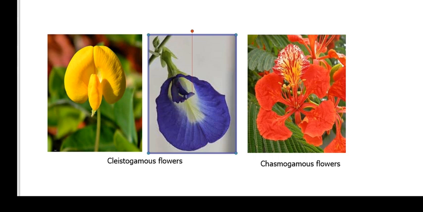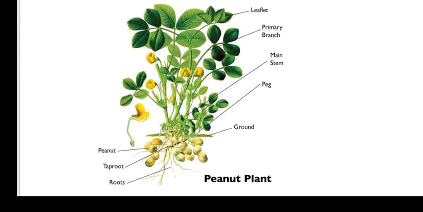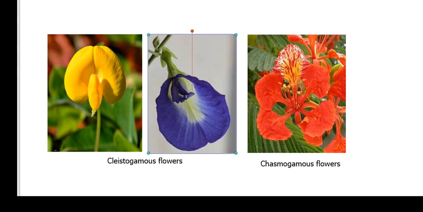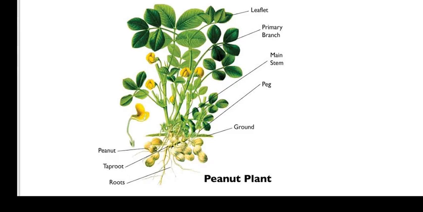That's a blue picture there. Then you can also find it in beans. The bean or peanut plant has aerial flowers and underground flowers that are both cleistogamous in nature. Then you can find chasmogamous flowers among hibiscus, the Delonix regia, and others. Then the flower can also be said